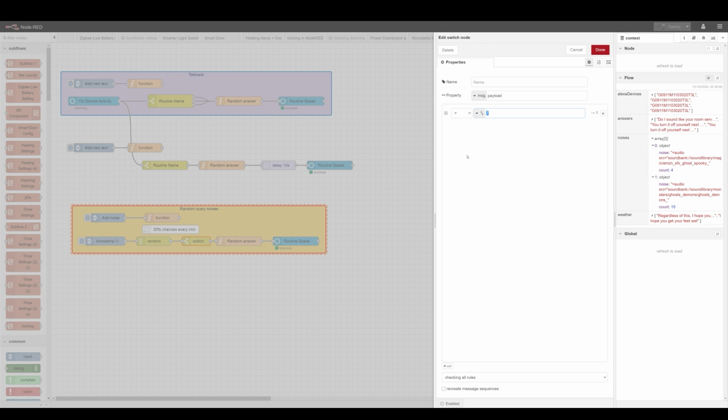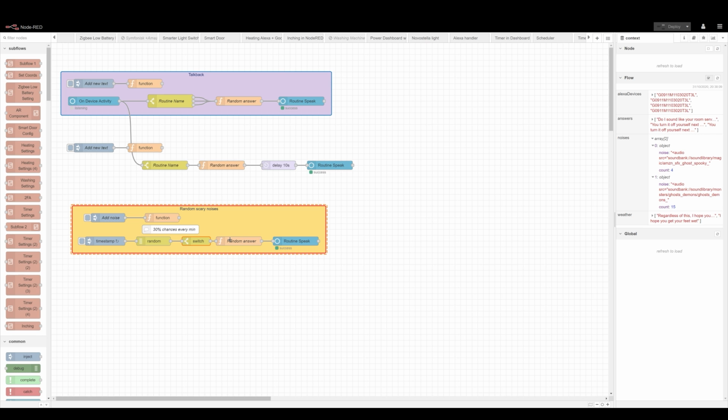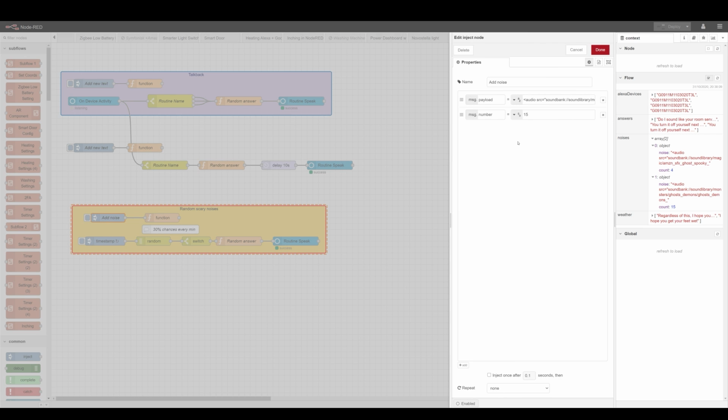Now once we've got that, we need random noises. And I've created this simple function in here in which you have to submit 2 parameters. First is the audio path. Second is how many clips are in this category. Now, if you go